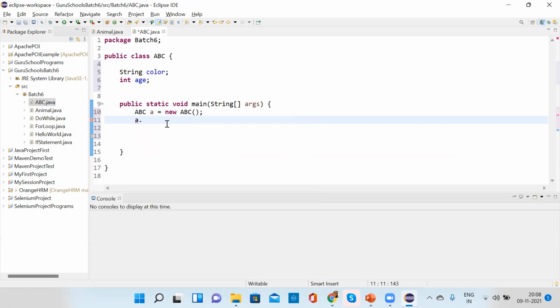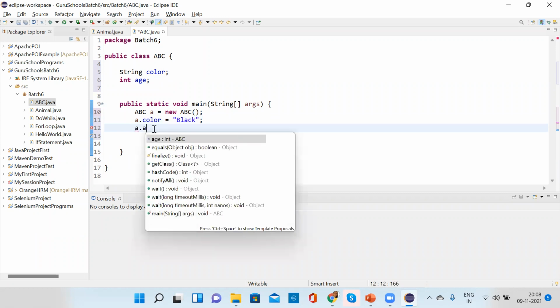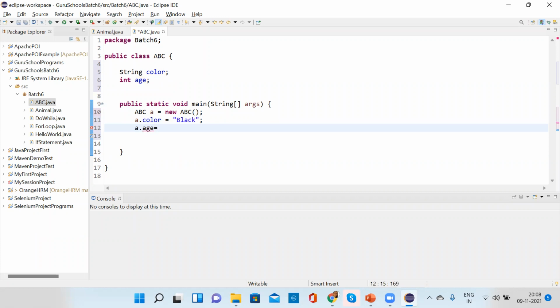Now suppose a dot color, I said a dot color, equal to what I said, why in double quotes? Because it's a string. It's a string variable. So that's why it is in quotes. A dot age. So age is an integer, so it doesn't need any quotations.